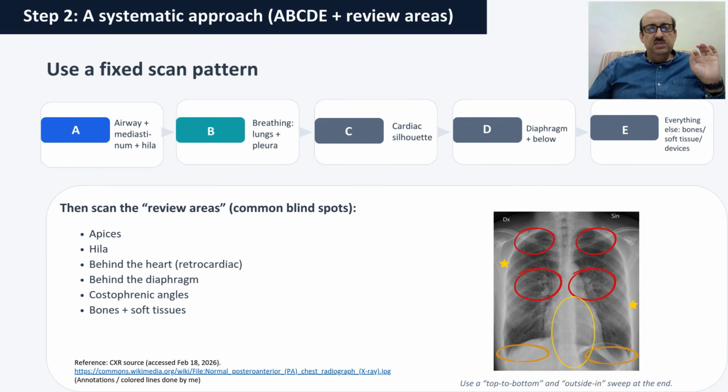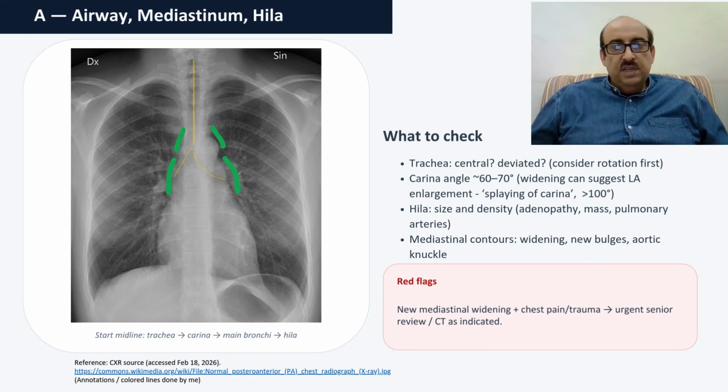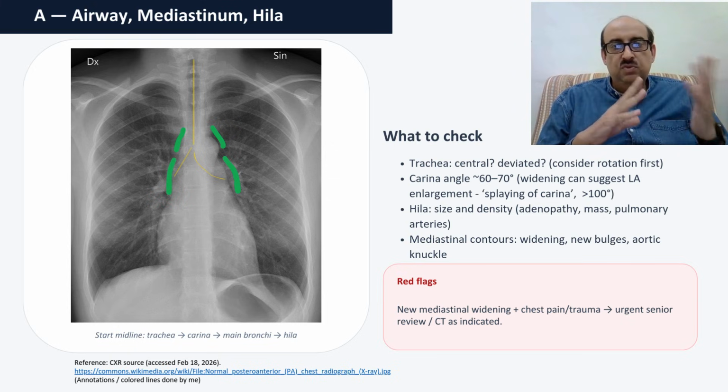Then we'll finally touch on the common blind spots, or the real crucial review areas where you can have subtle pathology. Coming on to A, which is airway, mediastinum and hila. In airway, we are talking about the trachea and the carina, which is the bifurcation of the trachea into right and left main bronchus. So if you look at the annotation, which I have done myself on this